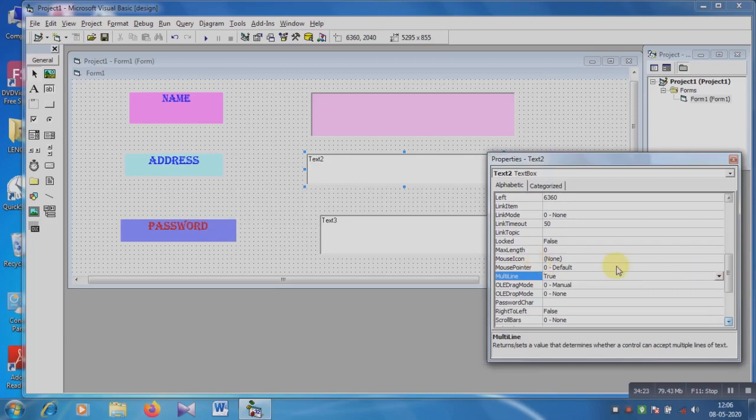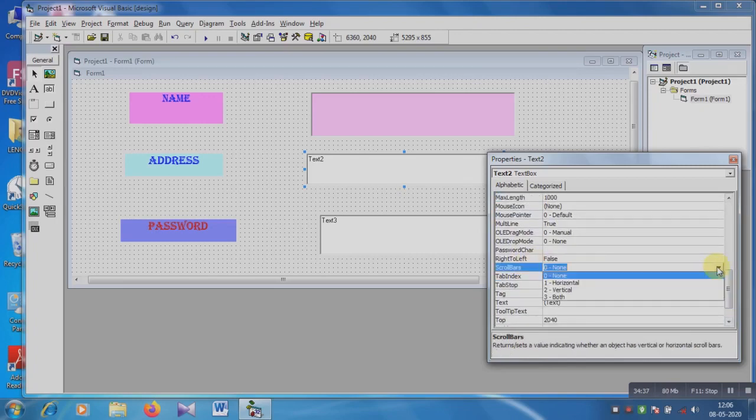That means multiple lines we can insert in address. Maximum length I am giving 1000 characters. Then the scroll bar appears. Suppose I am using the vertical scroll bar only.